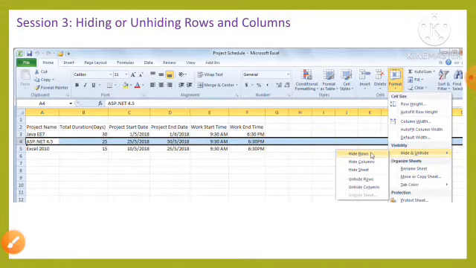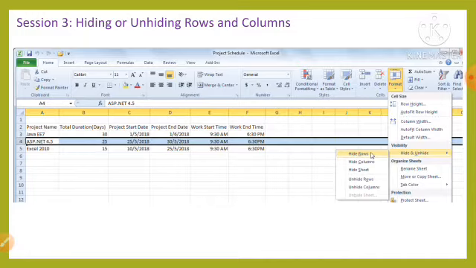Now, hiding or unhiding rows and columns. Sometimes there may be some information in a particular row or column that we don't need to show to other users. It may be that though the information is important, it may not be relevant to the work we are doing at the time.